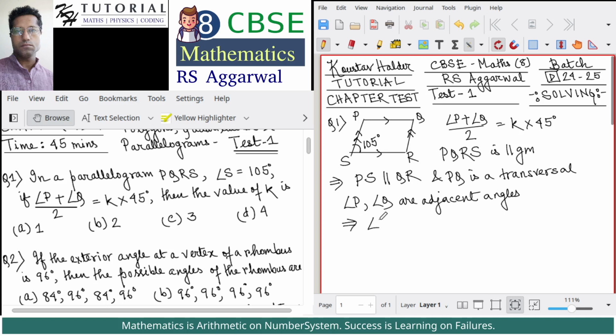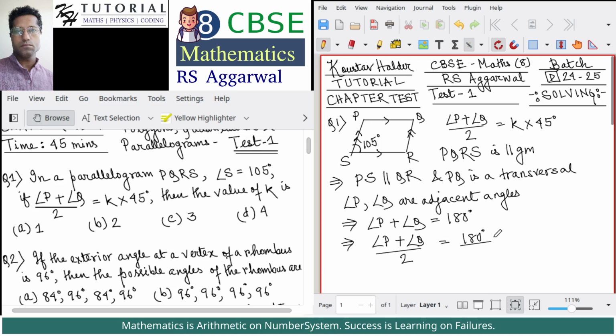So we must have angle P plus angle Q is equal to 180 degrees. So this implies that angle P plus angle Q divided by 2 should be equal to 180 degrees